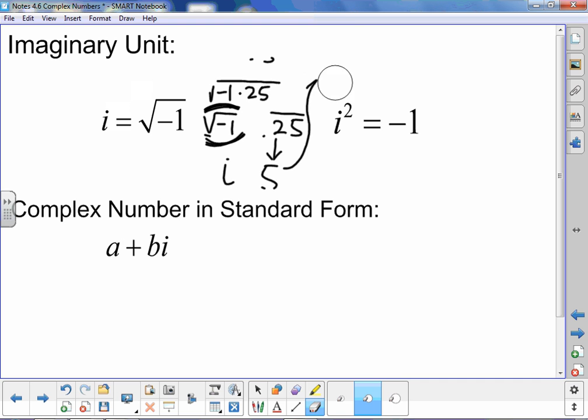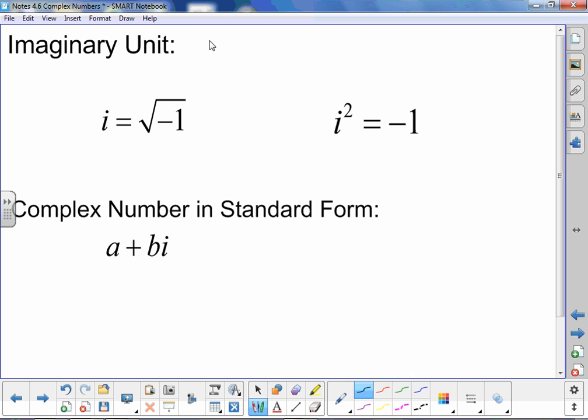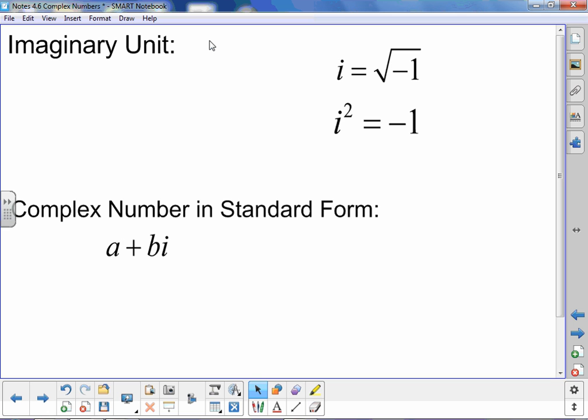So basically, whenever you have a square root of a negative, just break it apart like that and bring an i out. Now another thing is here, all I did here was I squared both sides. This becomes very useful because sometimes you'll end up with an i squared. So if you square this side and square this side, i squared is just i squared. If you square root of -1, remember squaring and square roots are inverse operations, you can just get left with